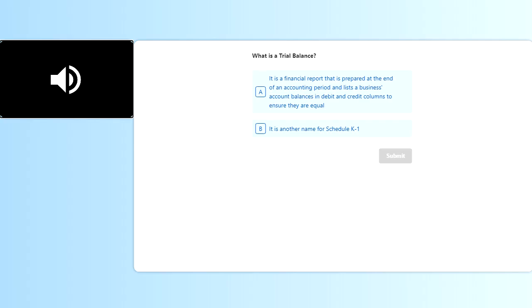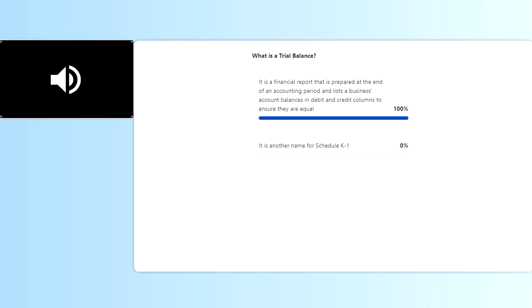Okay, and it looks like the majority of people have answered this. So we will go ahead and click over to the results, and 100% right. Ultimately the trial balance is going to help you make the K1, but it is not a K1. It is the financial report that we use to prepare the tax return. And speaking of K1s,